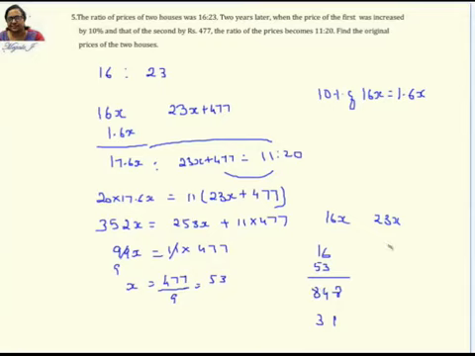Similarly here 23 into 53. 3 into 3 is 9. Cross multiplying, 2 into 3 is 6, this is 15. 15 plus 6 is 21. 2 balance. And then 2 into 5 is 10, 10 plus 2 is 12. So the two values which you have are 848 and 1219. That's the answer. Okay. So 5 problems.